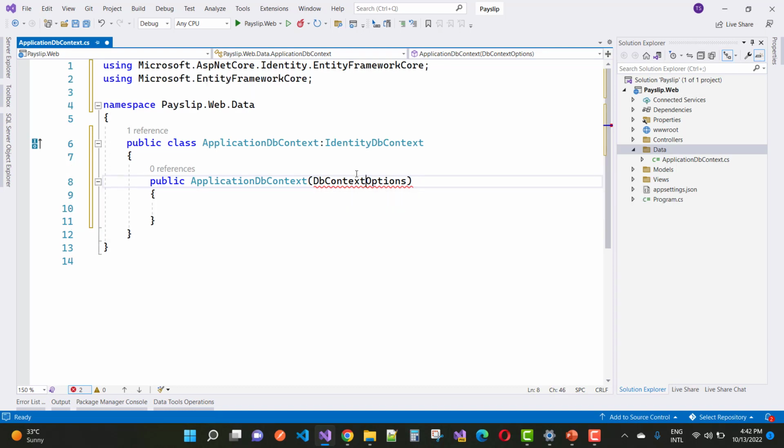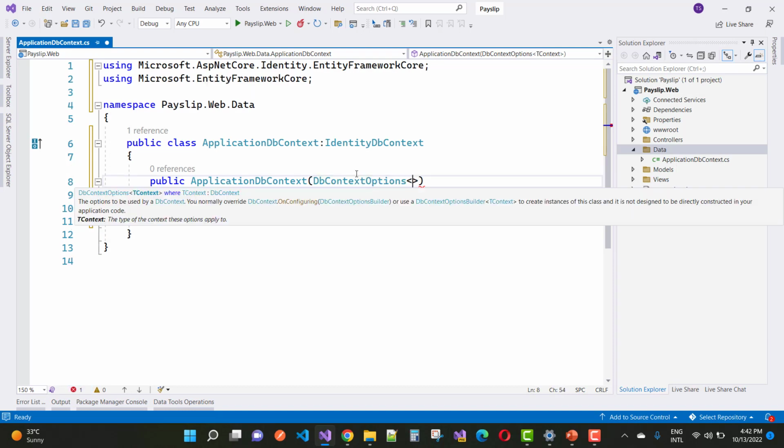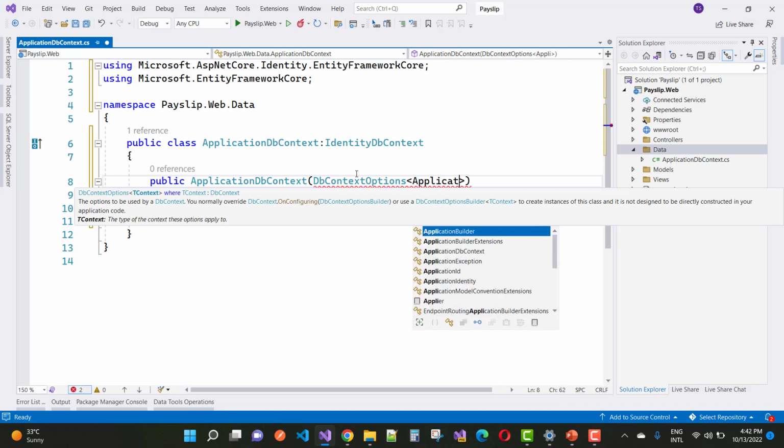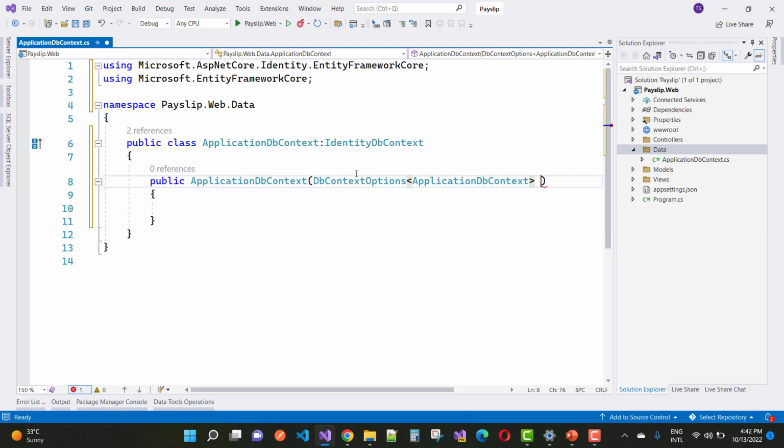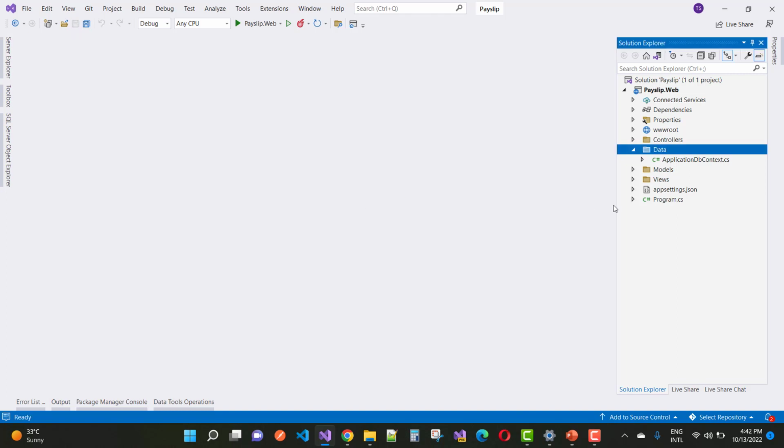Okay, so in which you can add the ApplicationDbContext, and here you can say that is the context, or you can say options, that calls the base class. Okay, now the ApplicationDbContext is very well prepared. Now after that, the next thing is the models, and here you can say